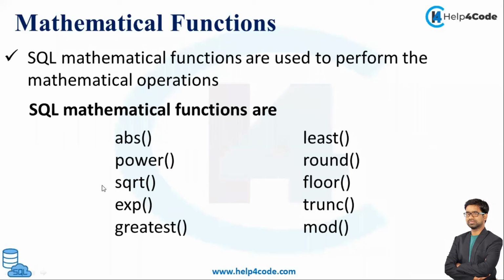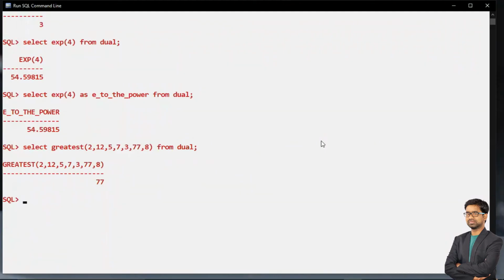Similarly, next function we have is the least function. What do you mean by the least function, guys? The least function will return the least value of the list of arguments. Just like the greatest function I used here, similarly I am using the same values and just mentioning least here. So what will the least function do? The least function will find the least value from the given list. So my least value is 2. So here we can mention the least value.